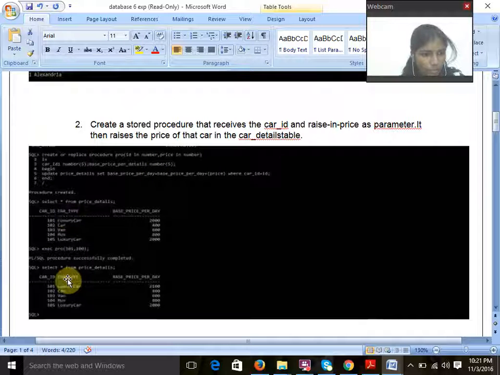You are able to see in the output, this is my table. The base price per day, the prices are this one and the updated one is this. See, all the prices are updated. Then my next one